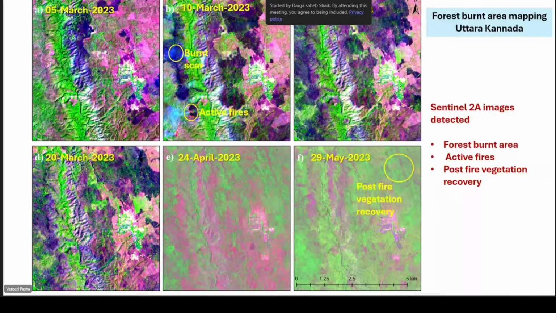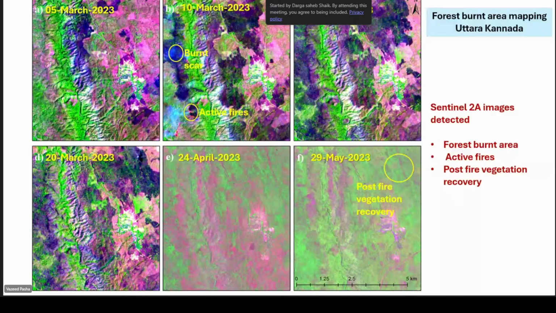Roughly 10% of the image is under fire. Now you can see the 10th March 2023 burnt area scars and active fires. You can see more than 30% of the area is under fire. Now on 15th March and 20th March, you can see 60 to 70% of the area is burnt.